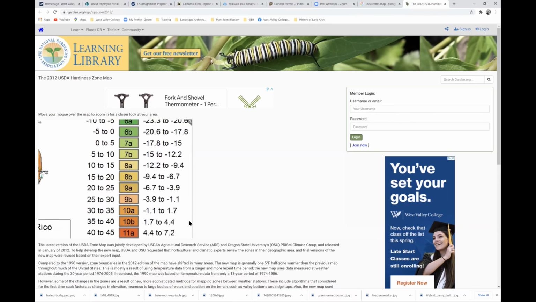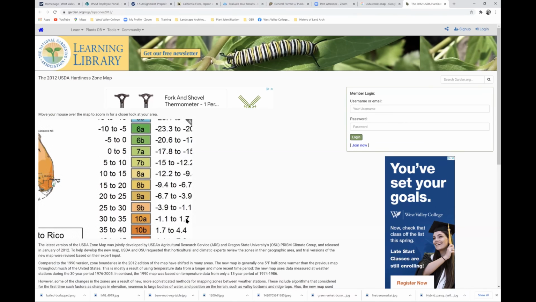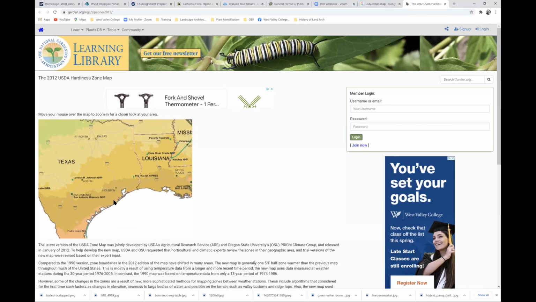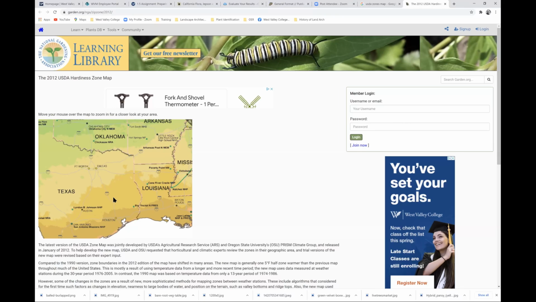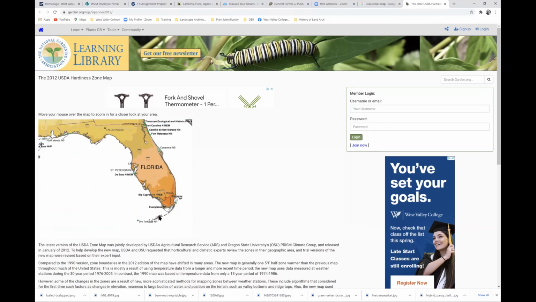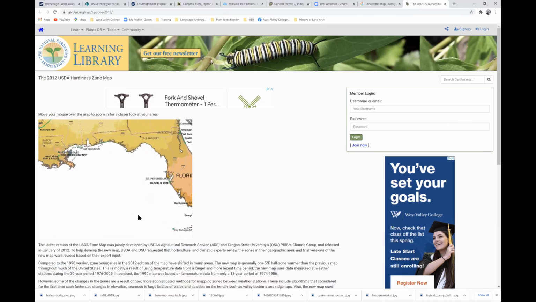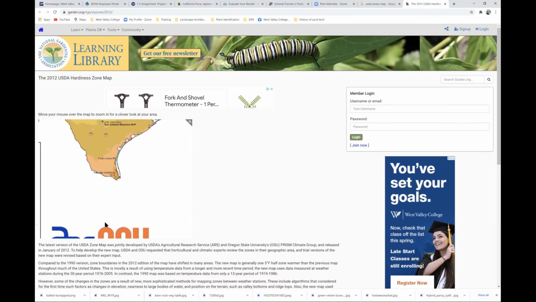Knowing that, why we do not use this map normally is you'll also see that here in Florida, it shares the same zone. You see that darker tan, that's the same as in California. And if we go down here to Texas, you see that there's a little bit there as well.